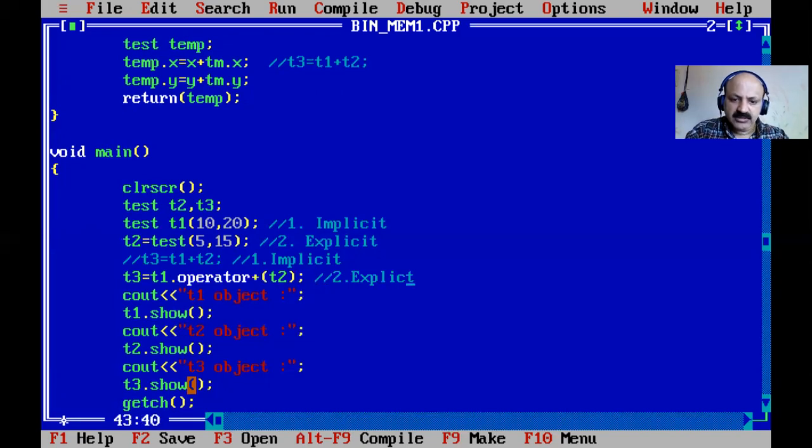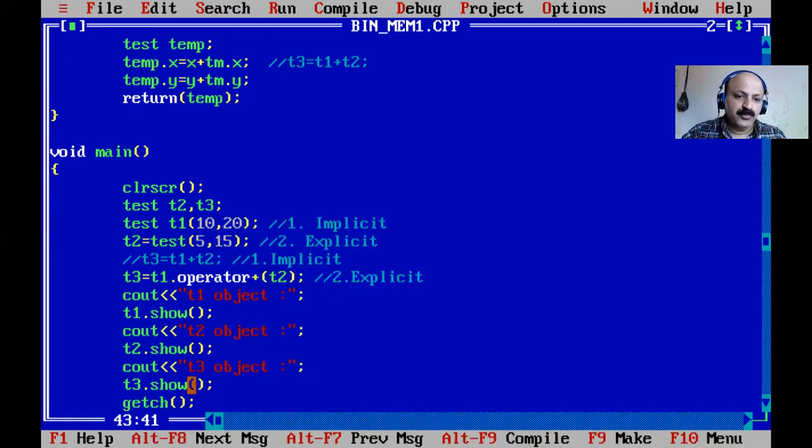So explicit, yes. Now I compile, yes, there is no error. So we can prove it. T1 is the caller, and yes, that dot, because it is a member. So we can handle the dot operator using this: operator is a keyword, and plus is our member function name. All are like our member function name, operator and plus. And T2 is the passed argument. The object is passed as the argument, and the return is also an object, so we can give the handler T3.